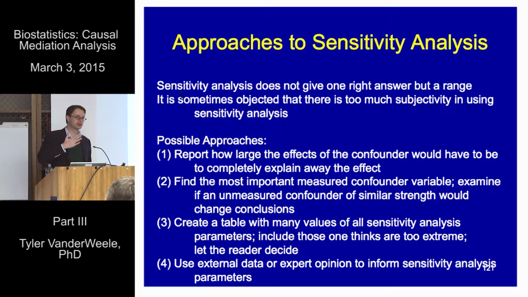Would that then shift the estimate down to 0, or shift the confidence interval down to 0? If not, then you can at least claim, well, for an unmeasured confounder to explain away my effect estimate, it would have to be stronger than the most important measured confounder I have. And sometimes that sort of argument can be